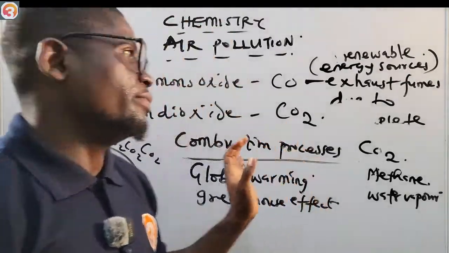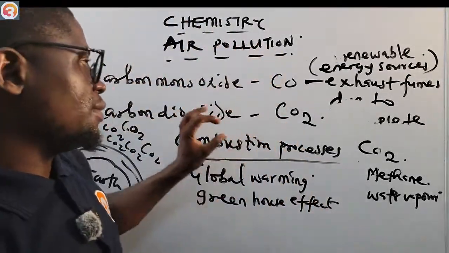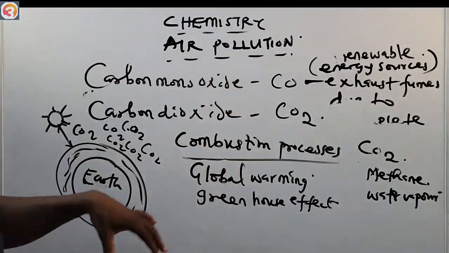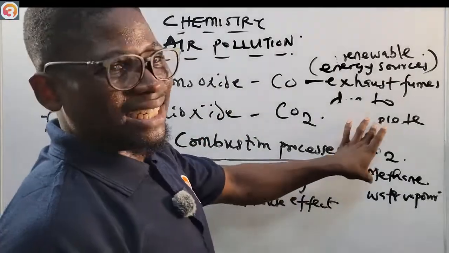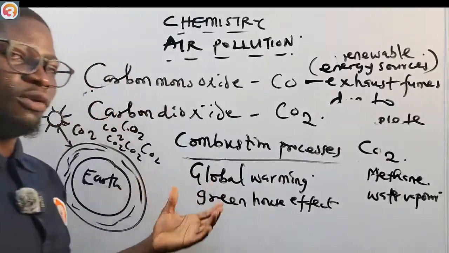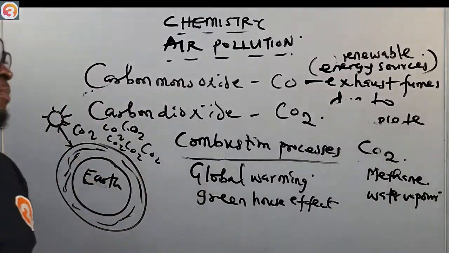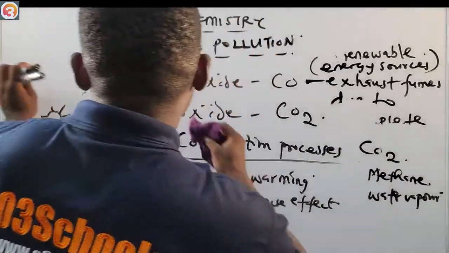So please, that is global warming, and those are the oxides of carbon. We'll talk about carbon monoxide and carbon dioxide. The increase in the concentration of carbon dioxide in the atmosphere is what leads to global warming. Now that is that for that. Now I'm going to look at the oxides of